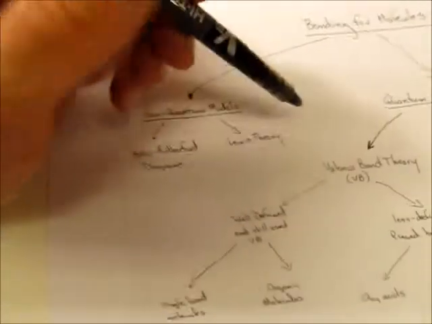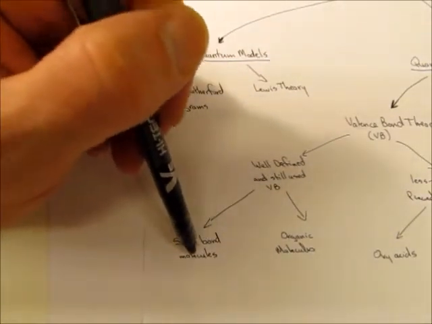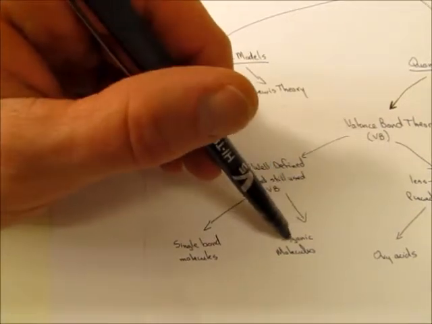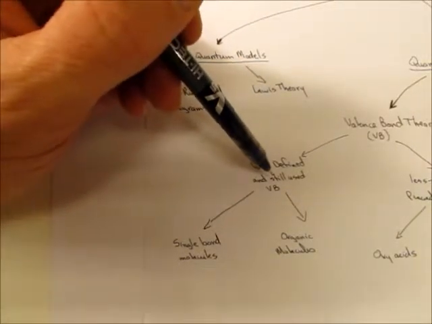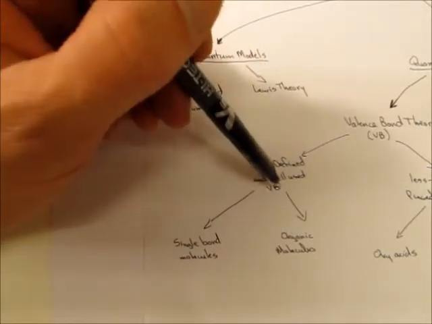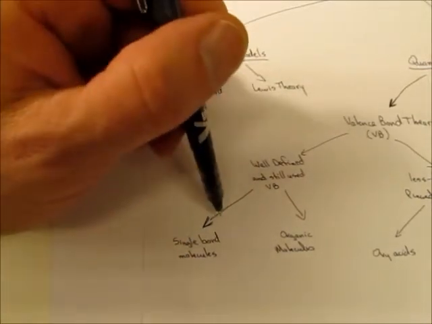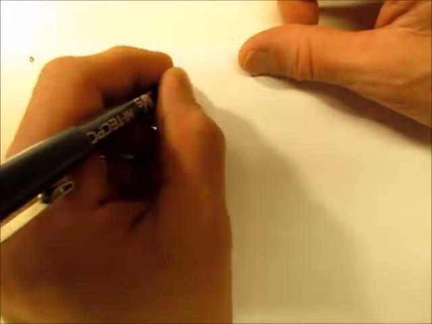So we moved on to showing the well-defined and still used method, and we went to single-bond molecules. That's the classic teeter-totter type thing. Well, now today we're going to go to organic molecules. This is sort of a special case of the well-defined method, still very much used in organic chemistry all the time, with slight changes to a few of the things we did for the single-bond molecules and bonding. So for organic molecules, we're going to start with